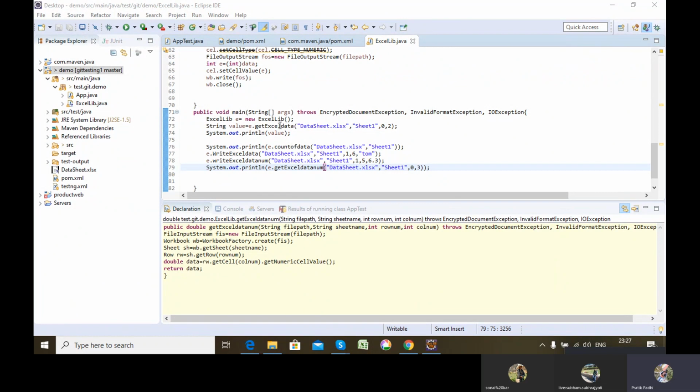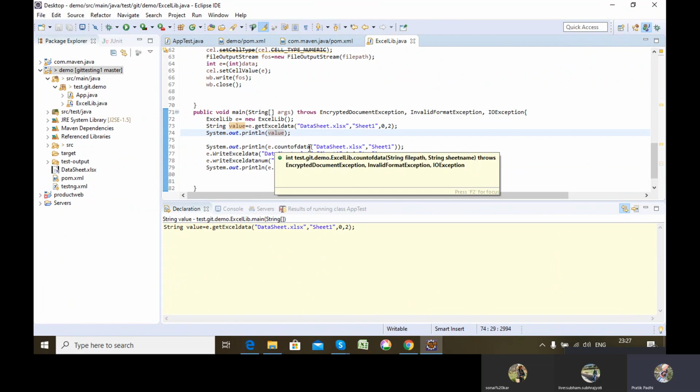Okay, so what I expect here is, in get Excel data, it will print out data, and here it will print out 2, and here it will write Tom in the cell, and here 6.3 will be written, and here it will print me 3. Okay, let's run this piece of code.